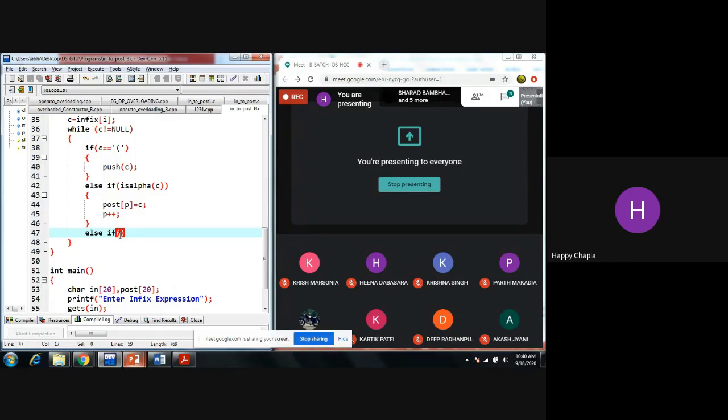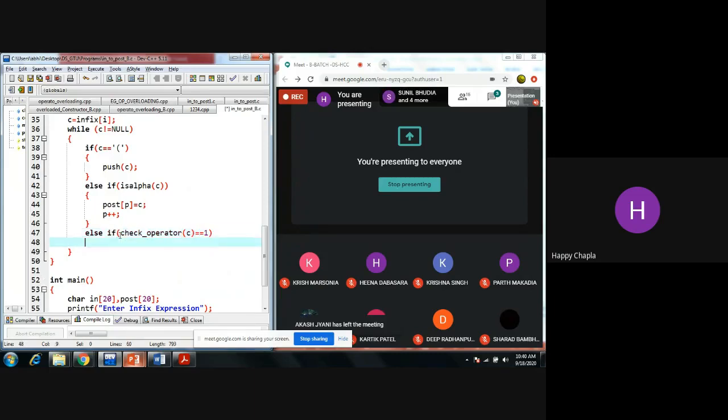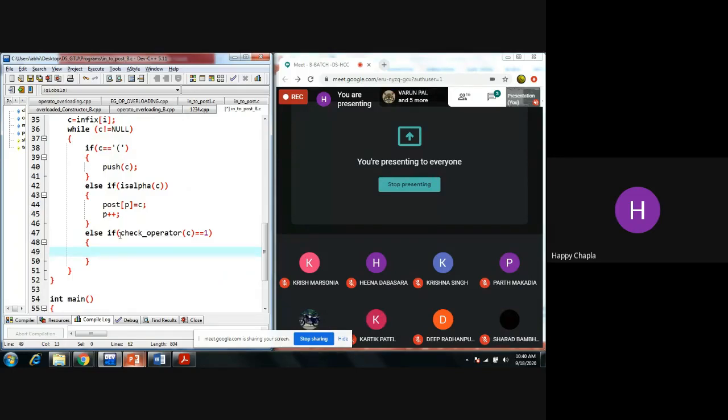So we are checking the check operator function with C is equal 1, then it is an operator. Okay, so we need to pop that element.